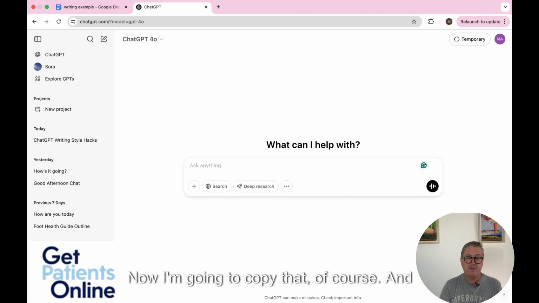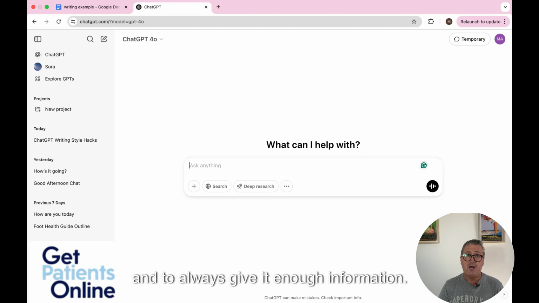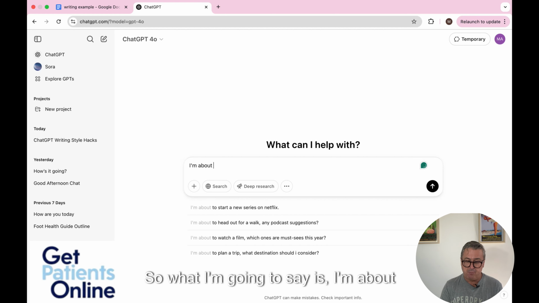Now I'm going to copy that, of course. And now I'm going to give ChatGPT some very explicit instructions. It's always important to be as precise with ChatGPT as you can and to always give it enough information. As the old saying goes, garbage in, garbage out. Great information in, you're going to get a lot better information coming out. So what I'm going to say is I'm about